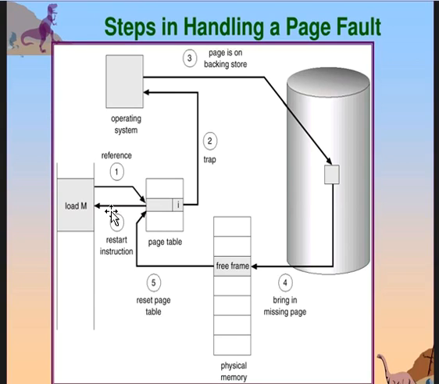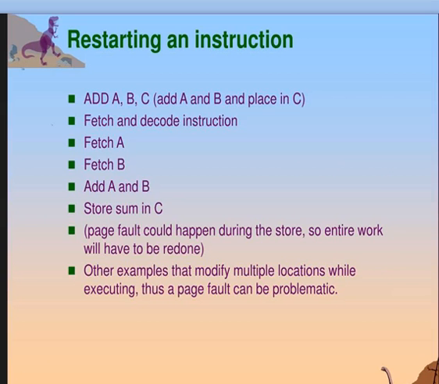So we save the state here. What are the things there? The registers, condition code, and instruction counter of the interrupted process. When the page fault occurs, we can restart the process in exactly the same place and state, except that the desired page is now in memory and accessible. After getting the page into the page table, it is now marked as valid. So if the instruction was not read at the previous stage, we have to restart the instruction now.